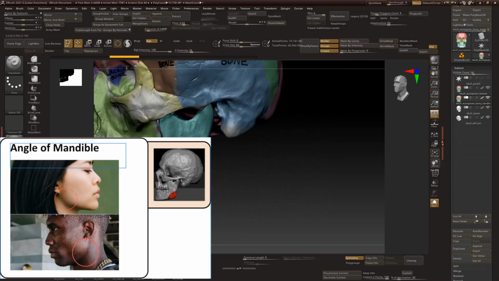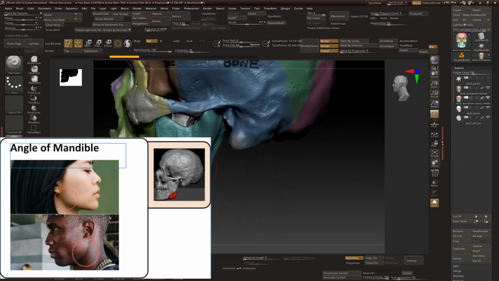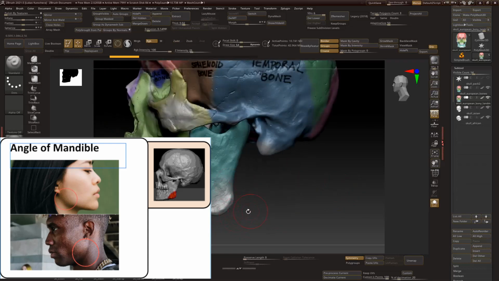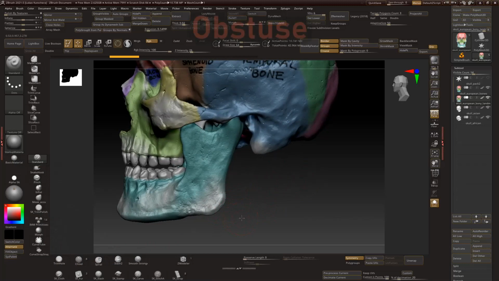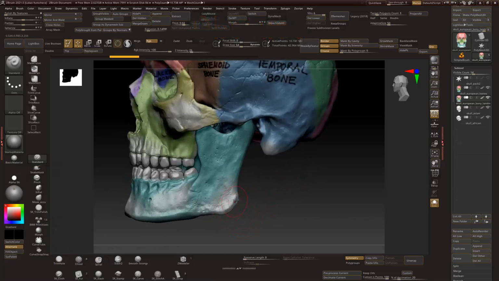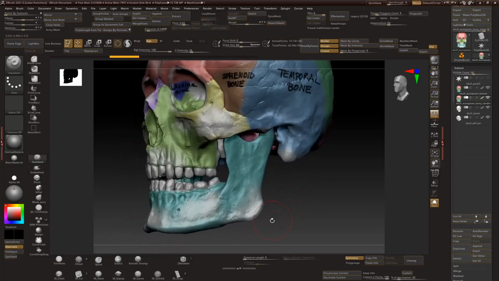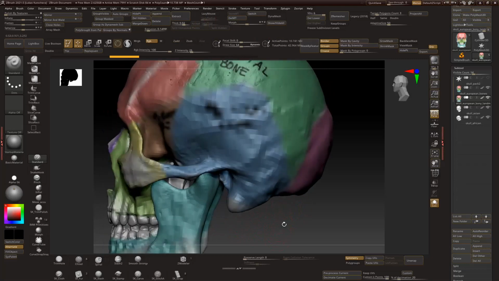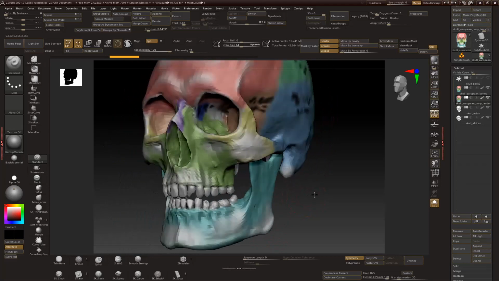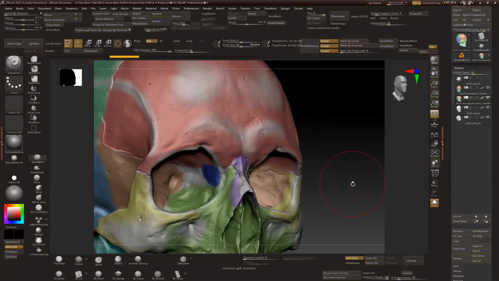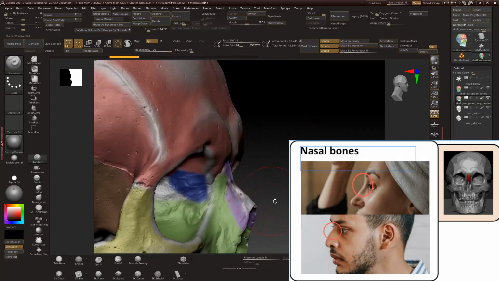And the angle of this is also different in male and female. Usually male is more of a 90-degree angle. I'm not sure what the term is. And then female is a bit more angled, more than 90 degrees. That's what I'm trying to say. Not less. I wouldn't do it less, that wouldn't happen anyway. But yeah, so then we have a bony landmark here, but this is not that important, I think. Okay, if we move on to the nasal bone, that can also be quite visible, quite pronounced for some